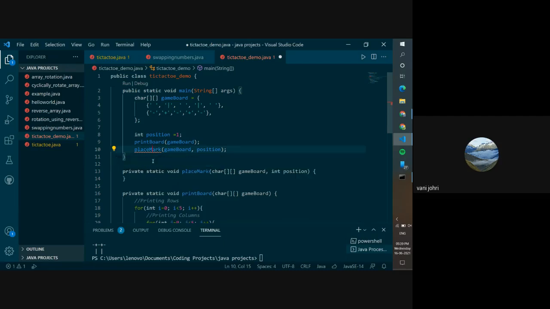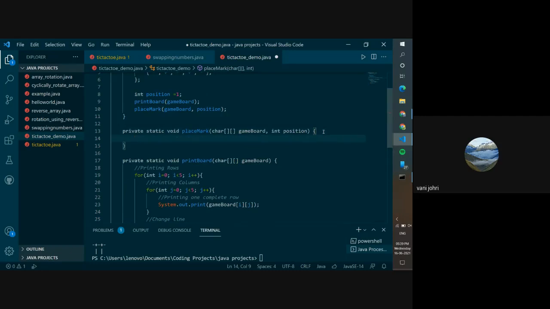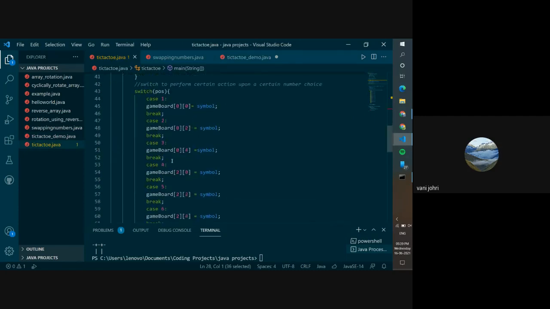We're going to do this, and we got this method. Now, according to whatever the number position is going to have, we are going to place a mark in that position, according to whatever number is given. If it's given 1, then we need to have a cross or a 0 in position 1. If it's going to be 2, we're going to have that in 2. So the easiest way to do it, you will use switch case. We've done switch case before.